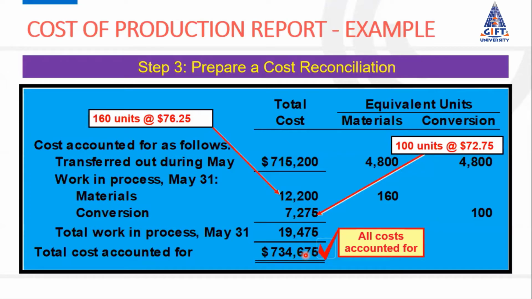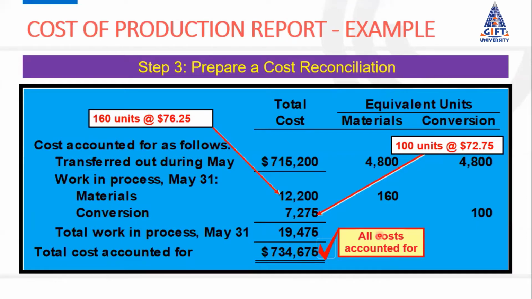If you have calculated equivalent units wrong, or if you have missed any figure, or you have a plus or minus wrong, then these figures might be different, they might not be equal. So this figure should be equal. If this is equal, then you may say you have done the question right, you have made the calculations accurate.